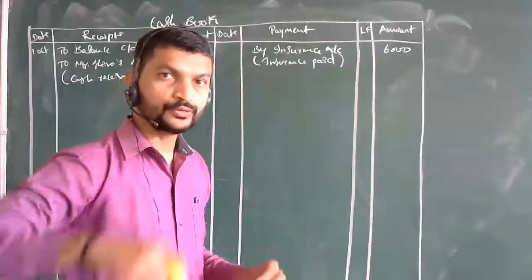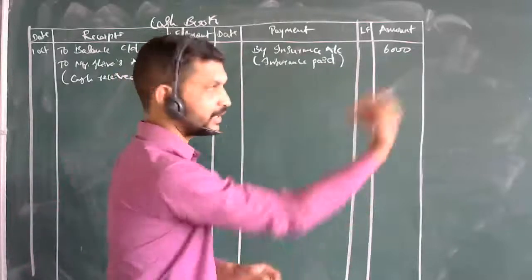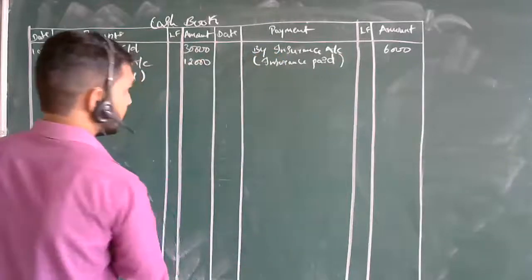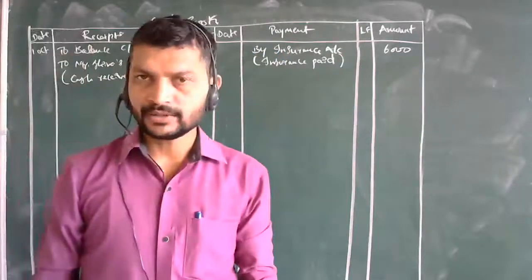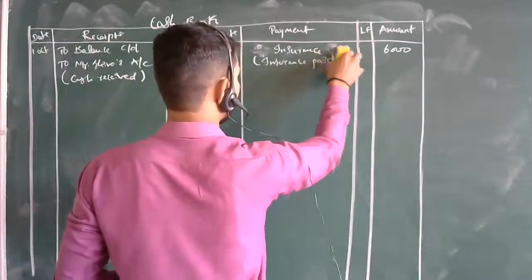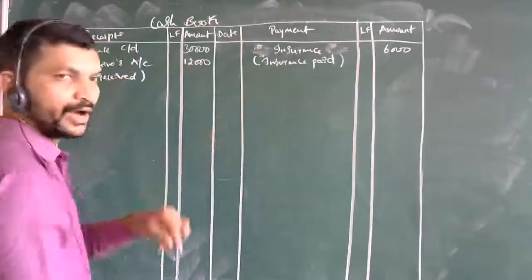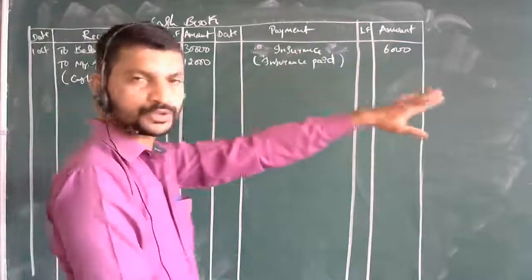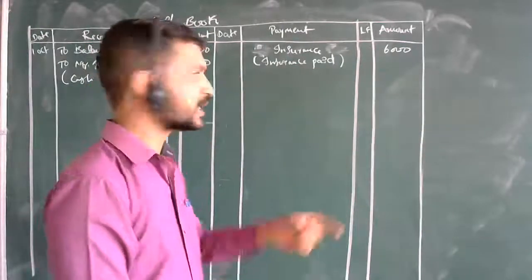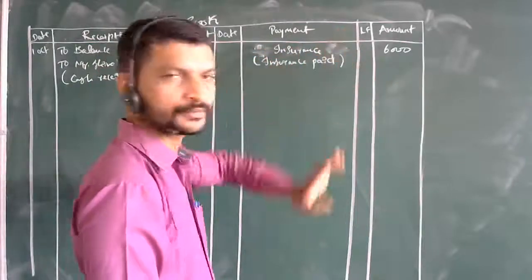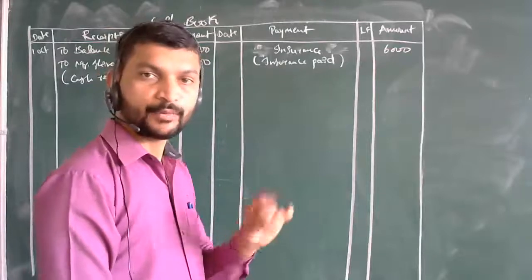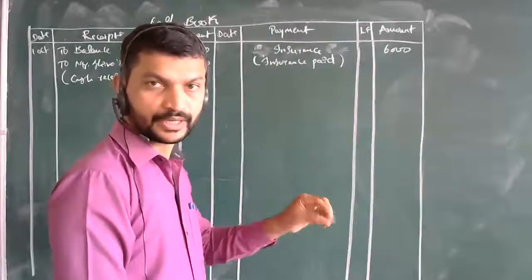Why? Because we are going to open the ledger accounts for this separately again. For that purpose I am naming it this way. If you understand the whole part, you can just use the word insurance, no need to give the accounts and all. I am writing it because when we post the accounts to the ledger, it will be very easy to understand. By insurance account means we are going to take a separate ledger account in the name of insurance. Okay, remember these things.